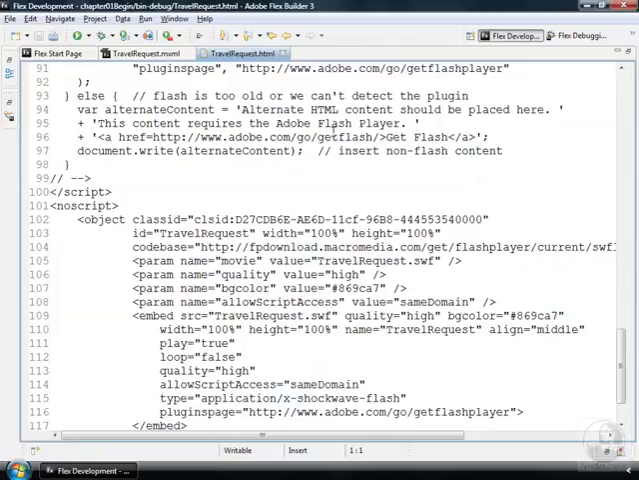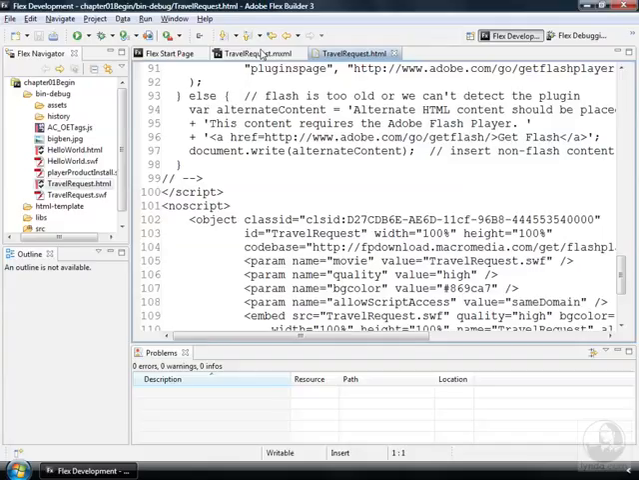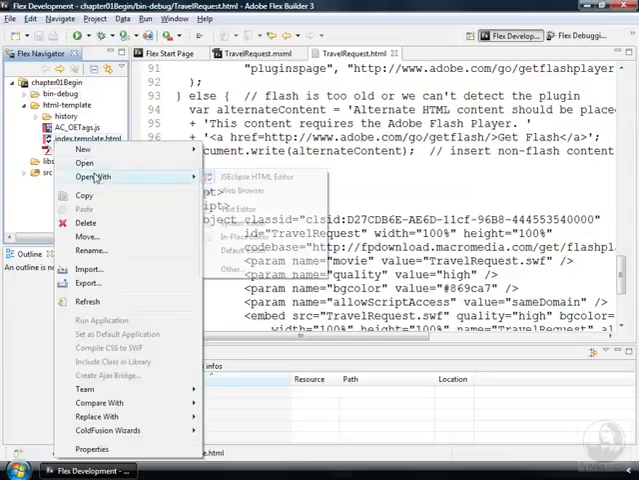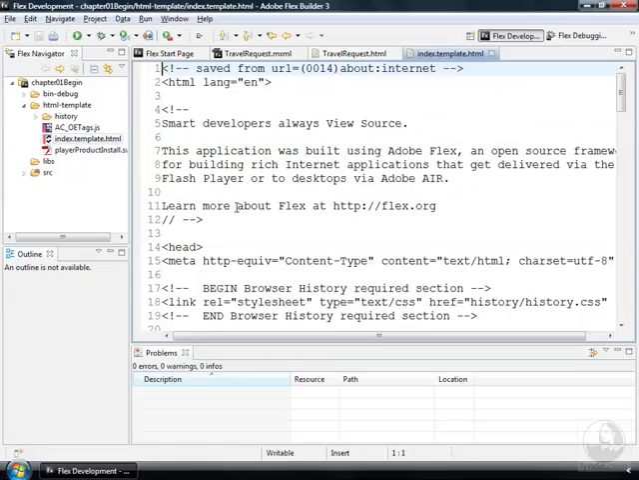Now, as I mentioned earlier, you never actually change the HTML file itself. Instead, you make changes to how your Flex application loads by modifying something called the HTML template. The HTML template file is stored in the HTML template directory, and it's named index.template.html. I'm going to open it with the text editor and show you that it has the same basic code